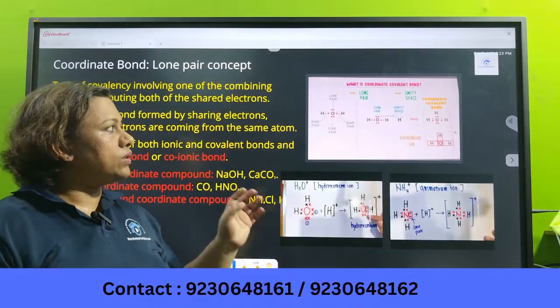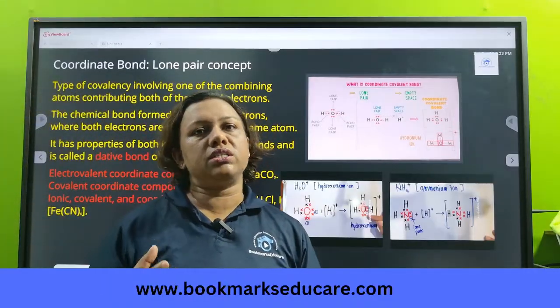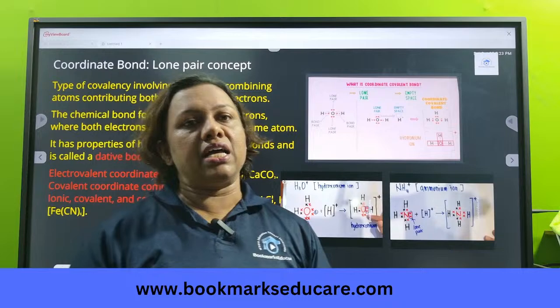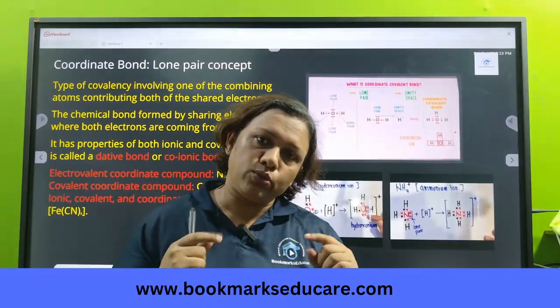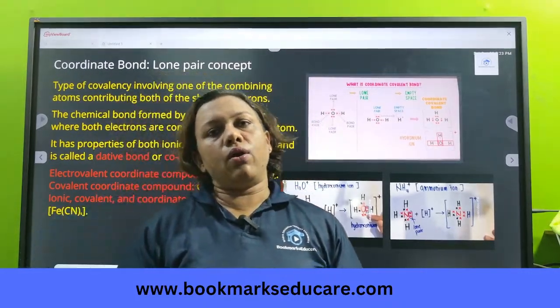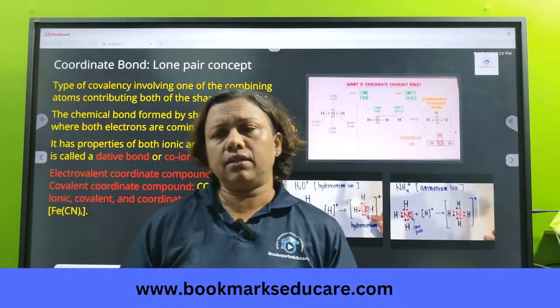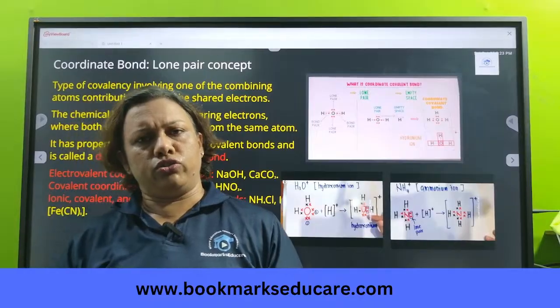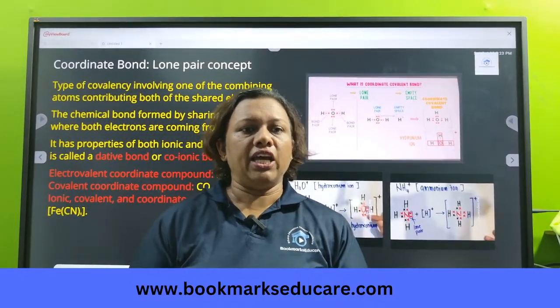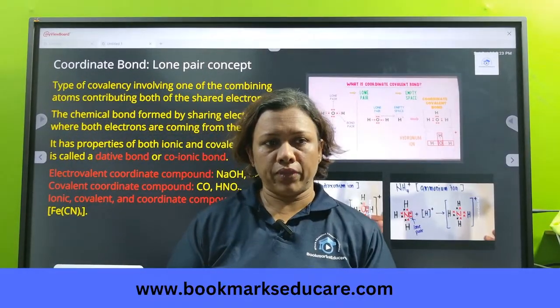One is water. What is it, a covalent molecule? Oxygen has two lone pairs and two single bonds with hydrogen. Now what is happening? If you add any acid to water, any strong acid, HCl, H2SO4, HNO3, then what happens? The H plus